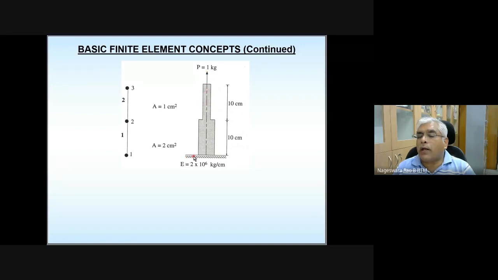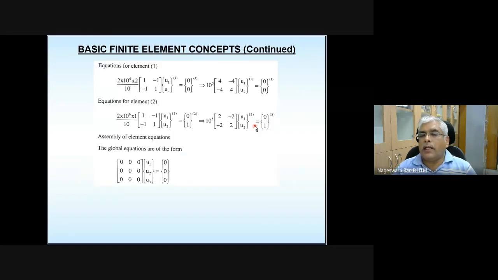Please note that this coordinate system is assumed to be positive if it is going up. Okay, if it is going up, the coordinate system is assumed to be positive. So the force is acting in the positive direction of the coordinate system, which is the x-axis. So this force is taken as +1. Okay, so with all that, I hope you have taken this figure in yesterday's class. With all that, you can write the element equations. Element equation for element 1, element equation for element 2, and the global equation system is going to be of size 3 by 3.